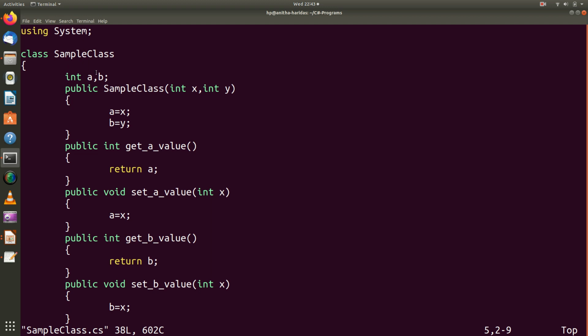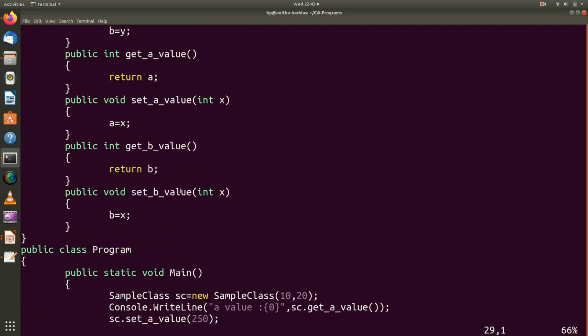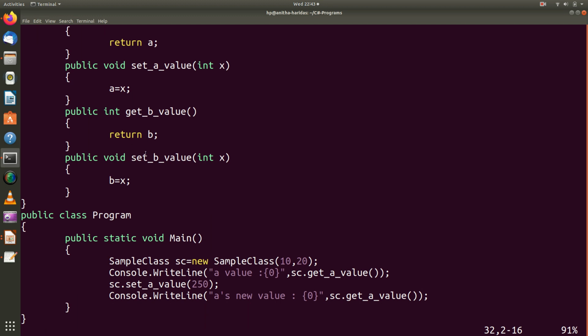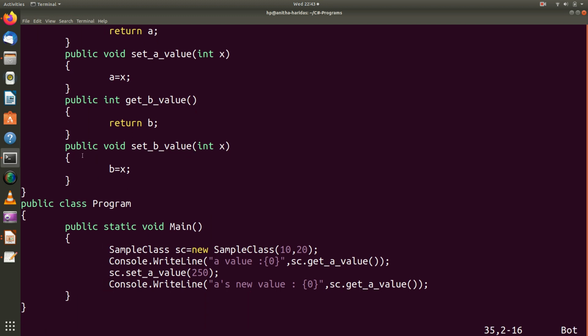I give a class name, same variables, same constructor, same methods like get a value, set a value, get b value, set b value. And instead of having the main method in the same class, I have written another class. I declared the main method. I created an object and I am using the get value method for getting the a value, and I am setting a new value for a with 250, and I am displaying the new value of a.